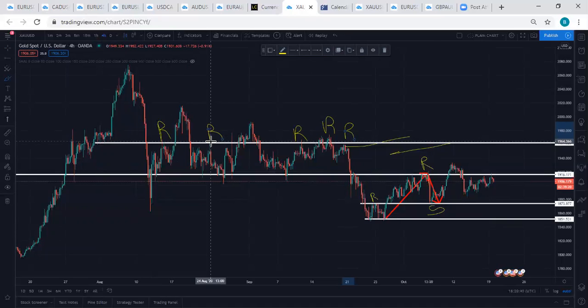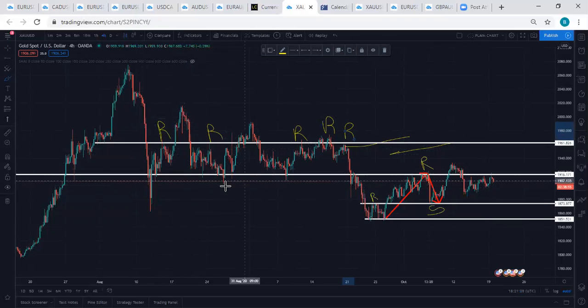Because I told us that when you go in the direction the market is going, you make money. If the market is coming down and you are buying, you'll be losing money. But if the market is coming down and you are selling, you'll be making money. So at every resistance point, you want to look for those confirmations, those confluences, to sell. Every time price comes to a resistance, you want to sell. Every time price comes to a support, you want to buy.